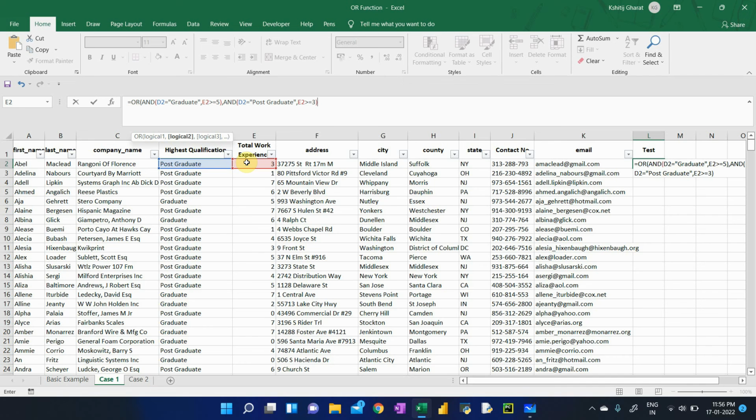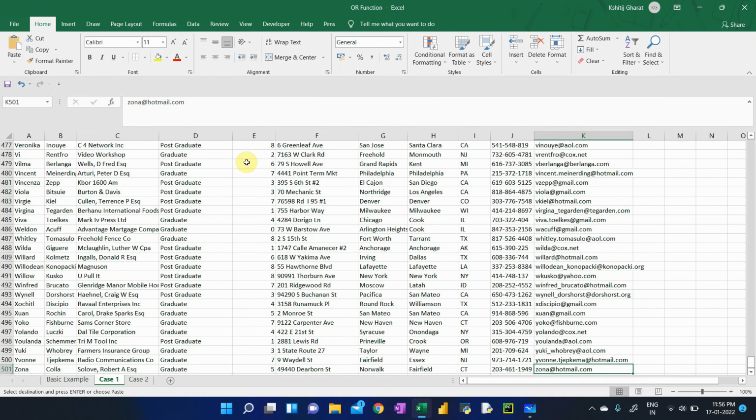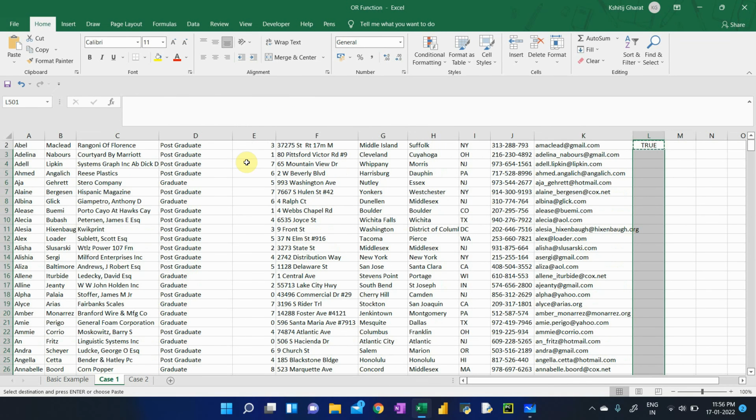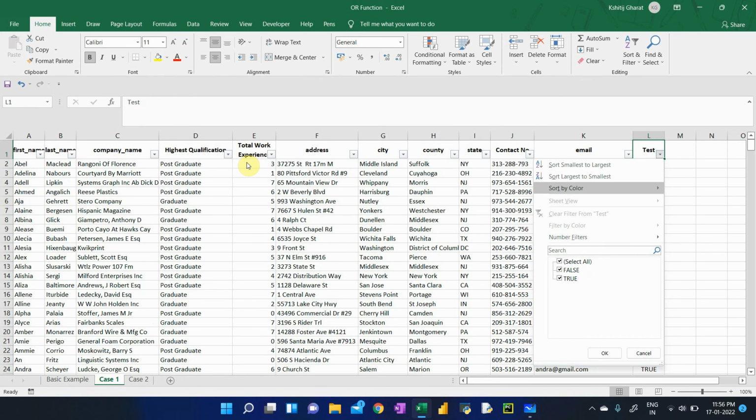I close the bracket and I copy the formula to all the cells and paste it, and then I apply a filter and I filter out the false values.